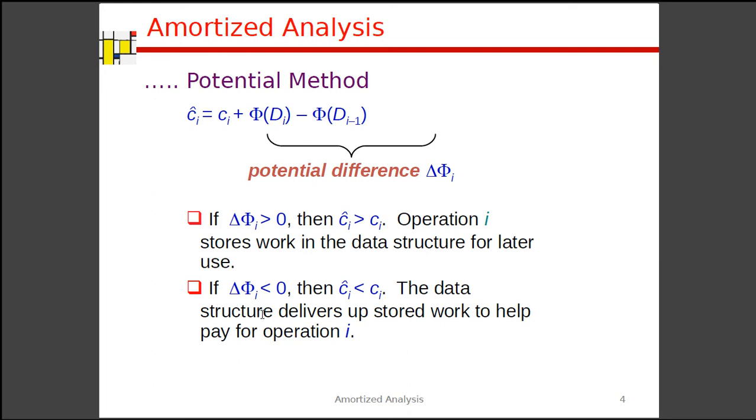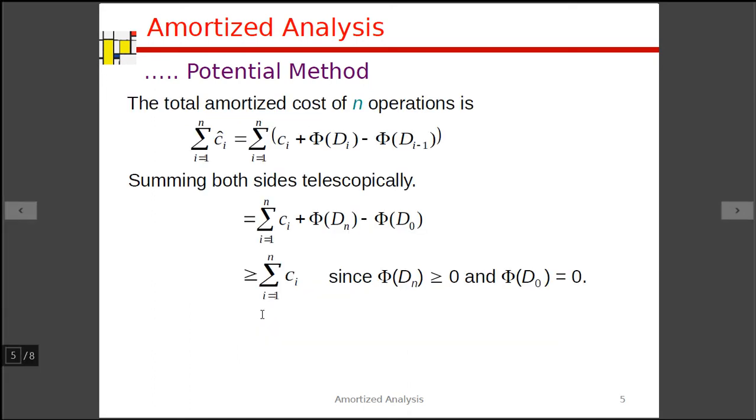The logic behind the potential method is straightforward. If we understand banking transactions, we can easily understand the potential method. Let us try to understand the amortized cost of n operations. In the previous slide, we tried to understand the amortized cost for one transaction, but here let us try to understand how we can sum up all the transactions.